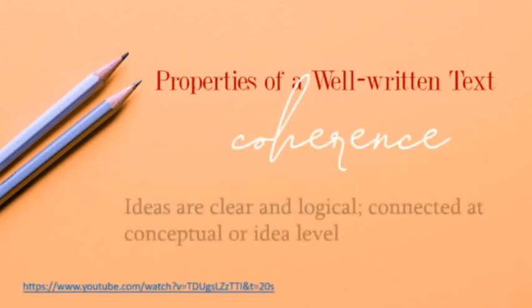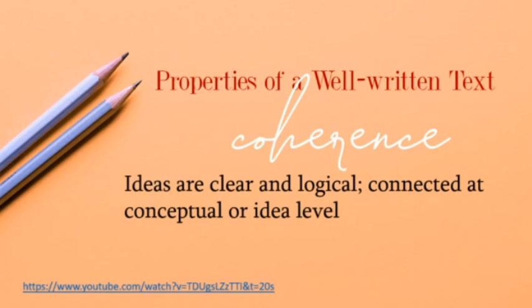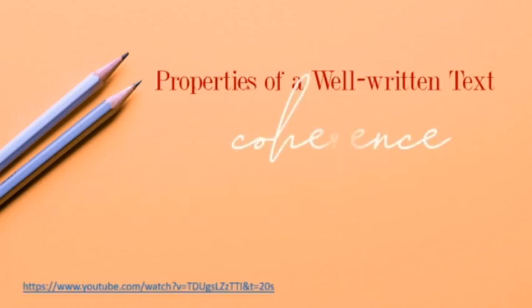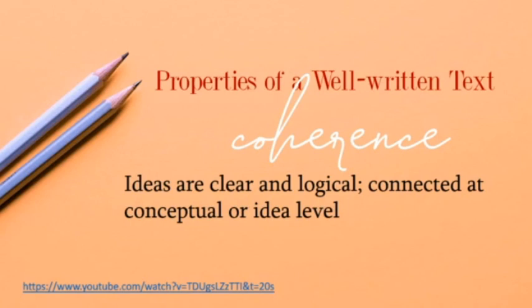The second one is coherence. It is when the ideas are clear and logical and connected at a conceptual or idea level. Again, it's cohesion or cohesive when the ideas flow from one sentence to another sentence smoothly. It is the glue that holds the paragraph together. But when it is coherence, the ideas are clear and logical and are connected at